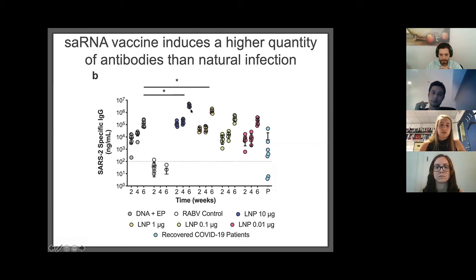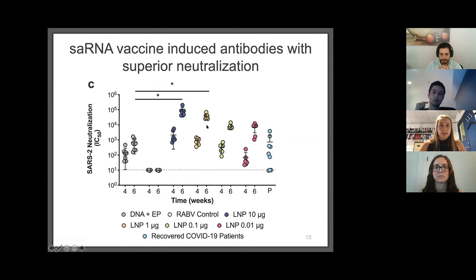But what's really interesting is that after the boost, even our dose of 0.01 micrograms was higher than the antibodies found in patients that had recovered from it. So it seems like our vaccine is able to induce a higher quantity of antibodies than the natural infection, which is really great news. So the other aspect to the antibodies is not just how many there are,